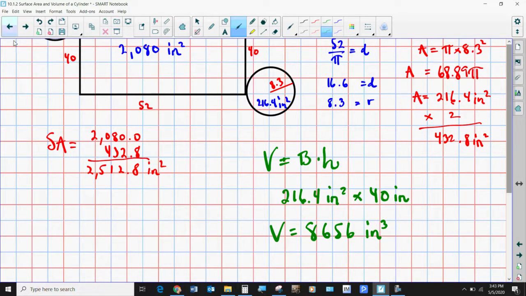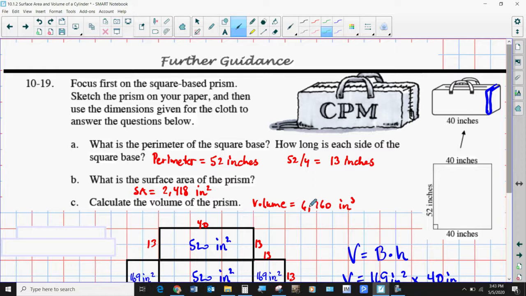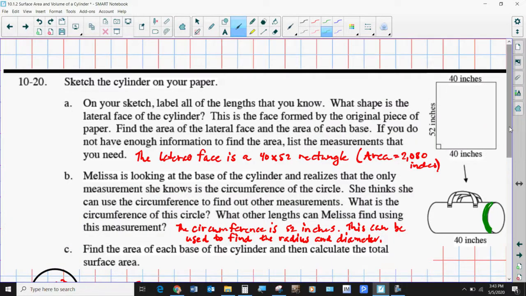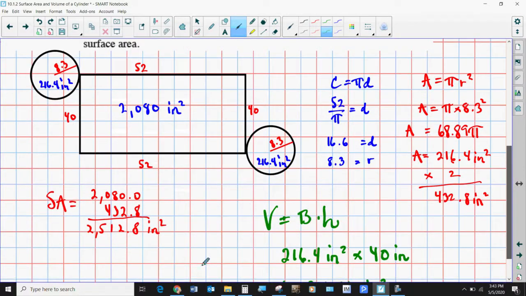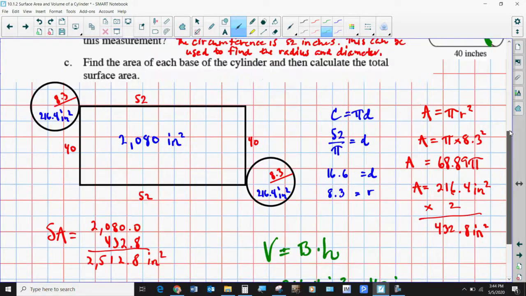What was the volume of the other bag? The other bag was 6,000. This is almost 2,000 more cubic units, cubic inches, just by putting our gym bag in the shape of a cylinder as compared to a rectangular prism. Almost the same amount of fabric was used for both of them. They were only a difference of maybe 100 or so square inches, but a difference of almost 2,000